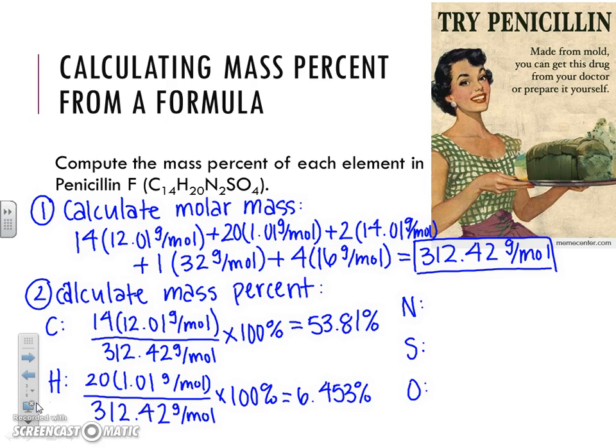Okay, so you're back. Good job. Let's check your work. We are going to take a look at nitrogen. If we have 2 nitrogens, each with a molar mass of 14.01, we'll multiply that out and divide by the molar mass of the compound. Multiplying by 100, you should have gotten 8.969% for nitrogen. For sulfur, we should have 10.27%, and for oxygen, you should have